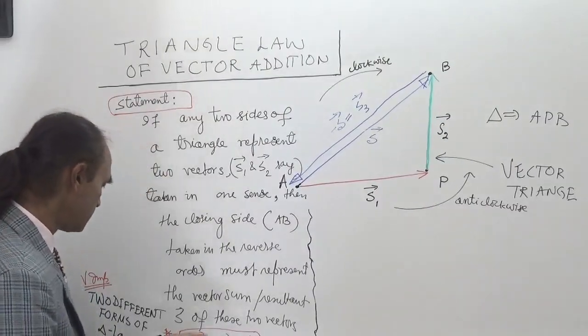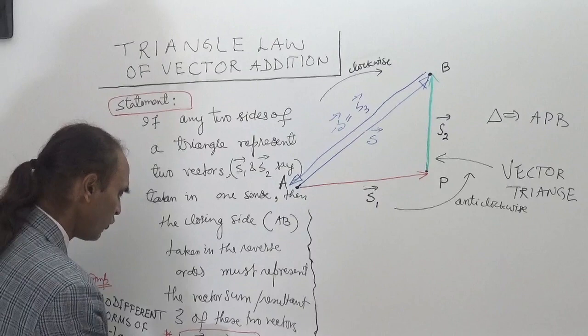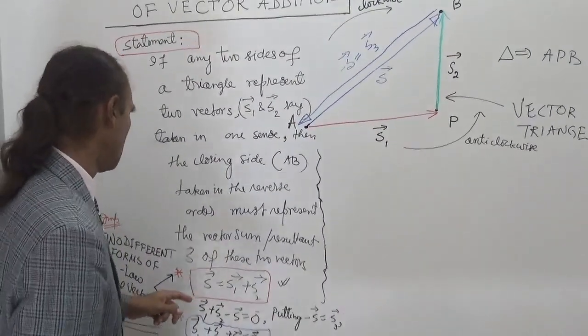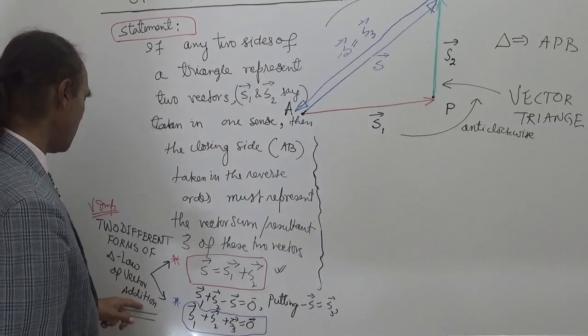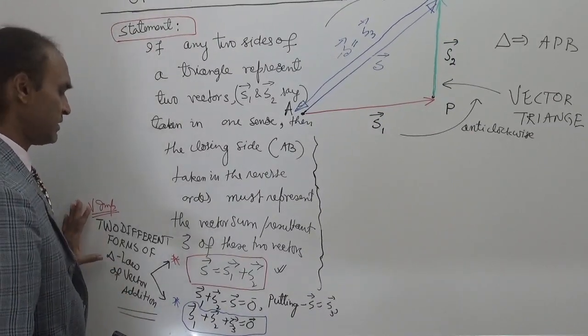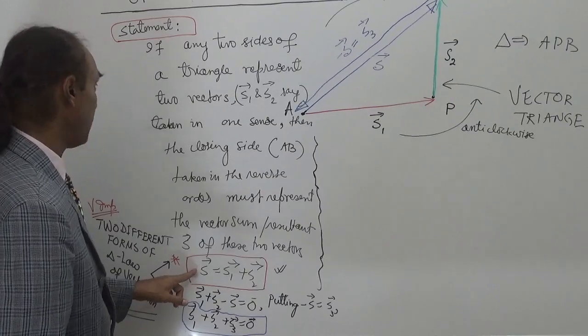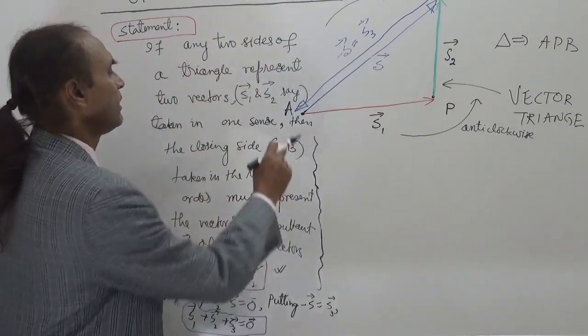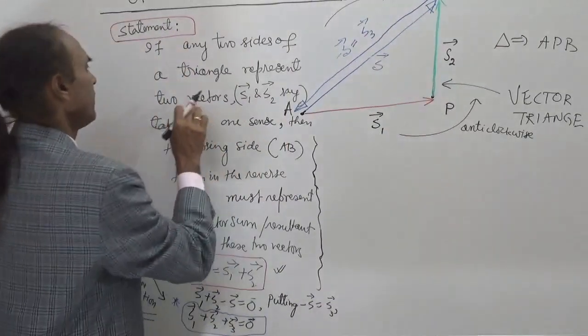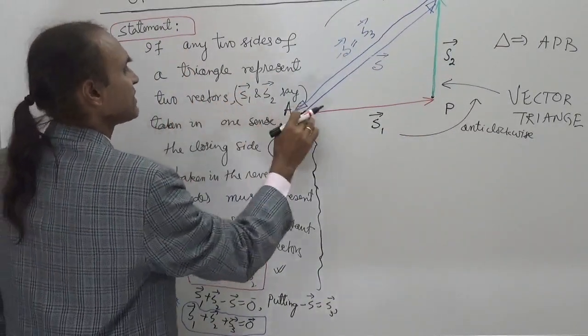So we have obtained two different equations, two different forms of the triangle law of vector addition. These are very important statements. The first statement is that if any two sides of a triangle, this is the triangle APB, represent two vectors